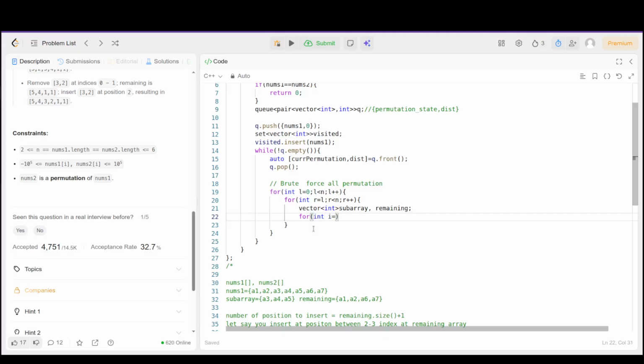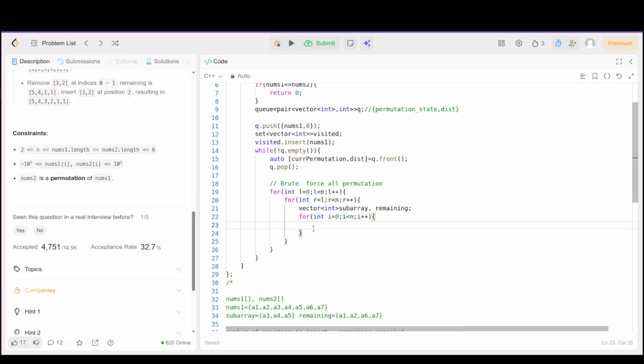We fill that subarray and remaining array. That means we separate from that array. So for i equal to 0, i less than n, and i plus plus. Okay, and if i is greater than or equal to L and i less than or equal to R, that means it is in L and R, so it is part of the subarray. So we simply consider the current